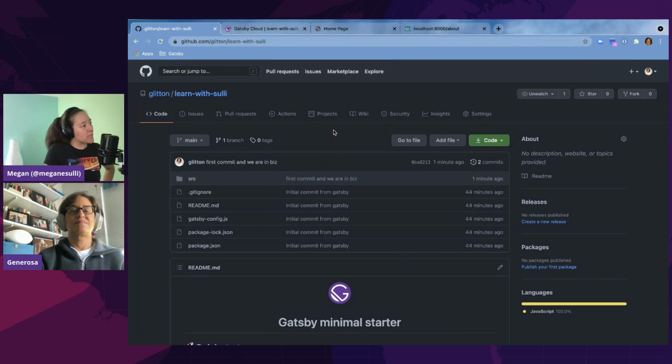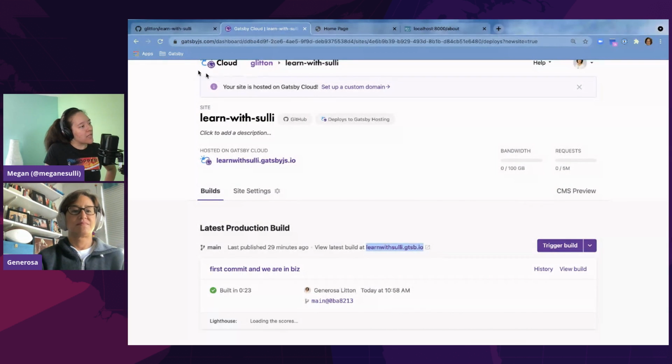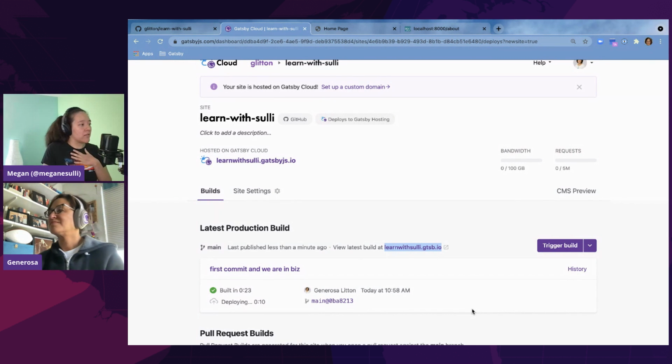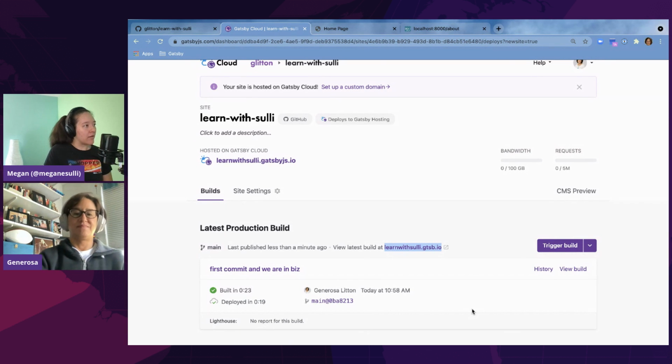Now if you go to Gatsby Cloud, it might take a minute for it to notice. Oh, there it is. Gatsby Cloud sees that your GitHub repo has changed, takes that new commit and starts a new build for you. When this finishes deploying, you can see that it only took about 20 seconds to build, which is really nice. And now it's deployed.